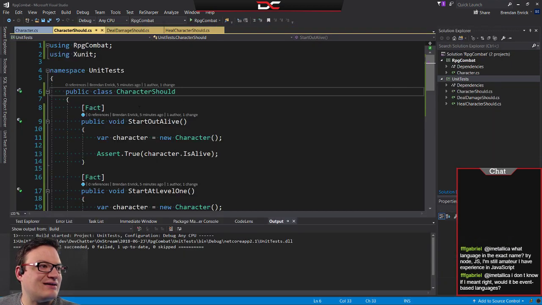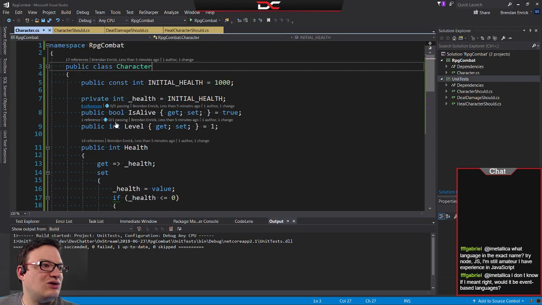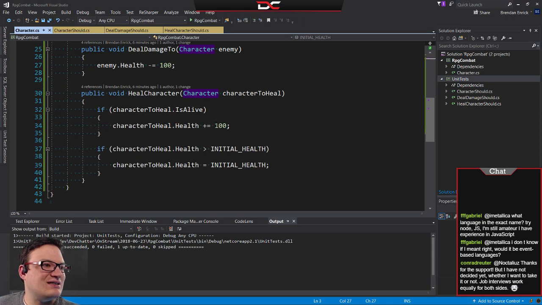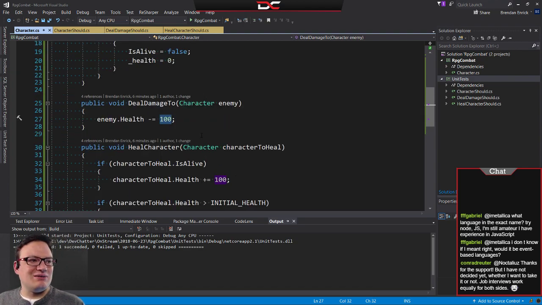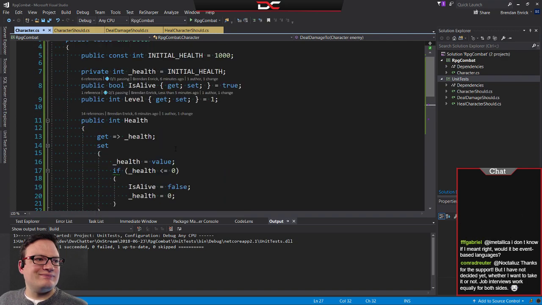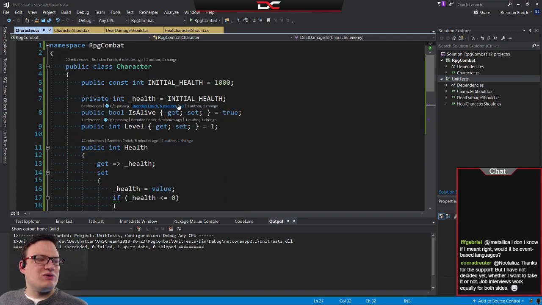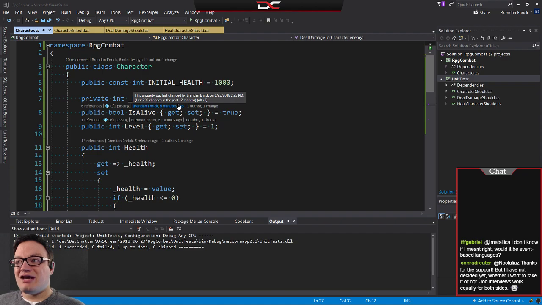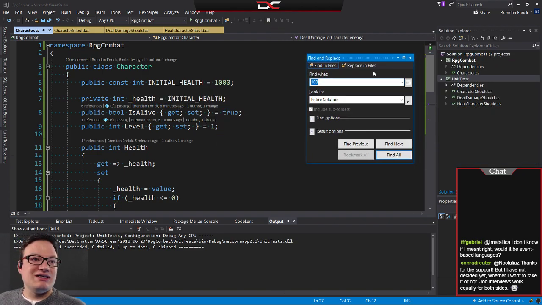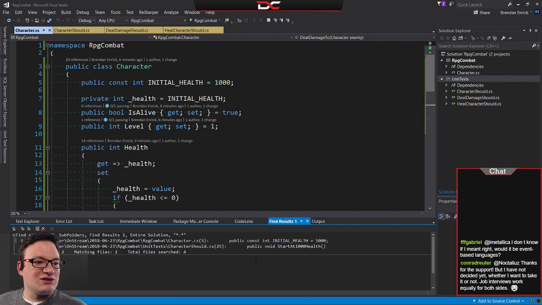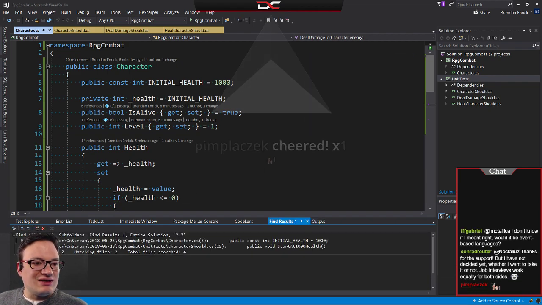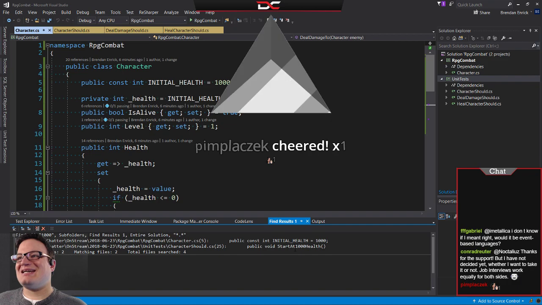So we did that. Now let's take a look also at this. Is there anything else that really needs to come out? I kind of want to do the default healing and damage right now, just because we have those hundreds. So here's the deal. If I do a find and replace in my code base and I look for the number 1000 in my entire solution, you'll see right now that